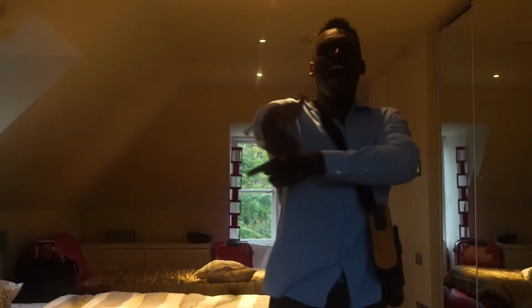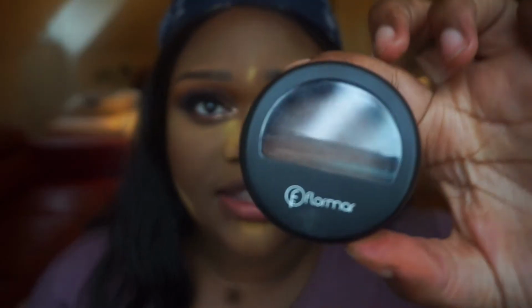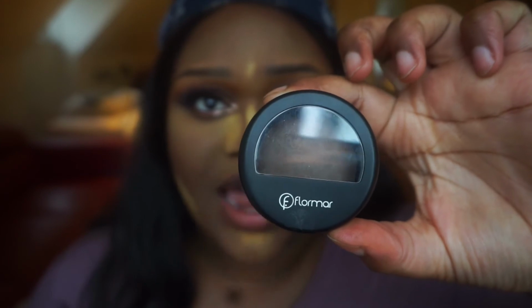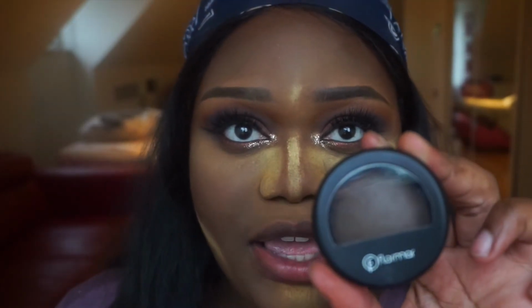Hey, that's my little brother. We had to turn up a little bit, you know, and the name is Flamour. This is actually eyeshadow. It's a brown eyeshadow, but I saw it and I was like, oh my gosh,